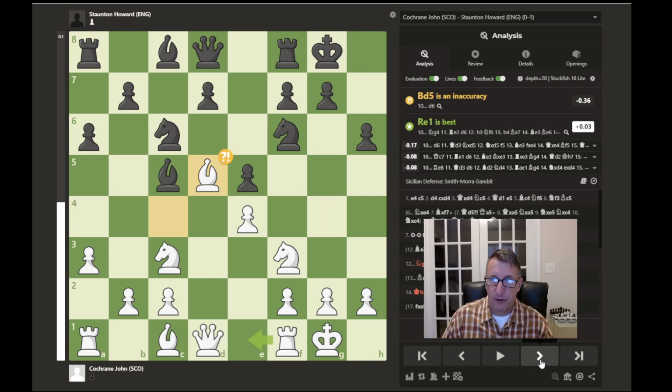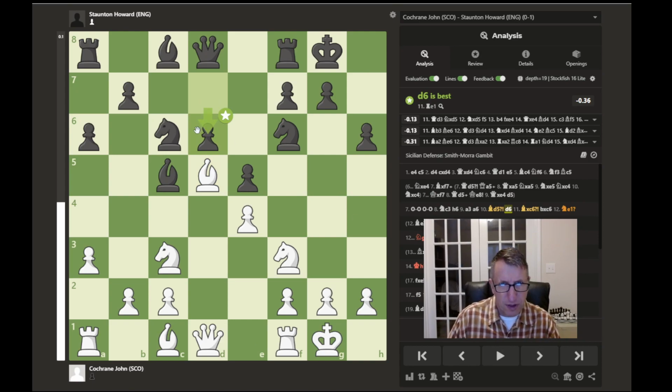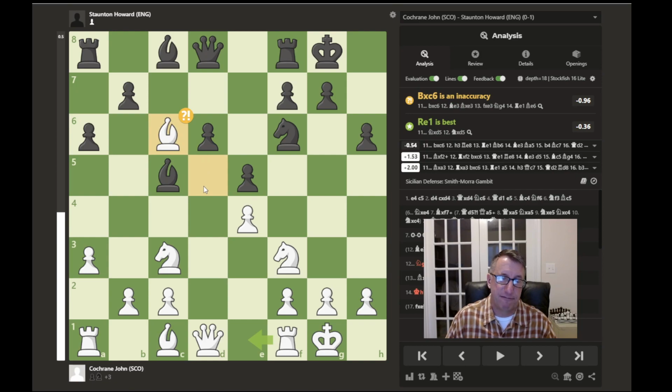So now we have d6 being played. So instead of capturing the pawn right away, d6 is played, allowing this bishop finally to have room to develop. And now Cochrane, instead of allowing his bishop to get captured, he captures a knight here, voluntarily giving up his